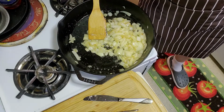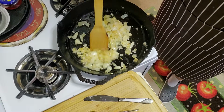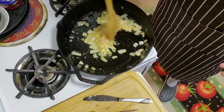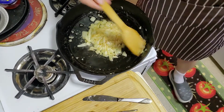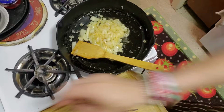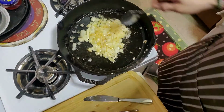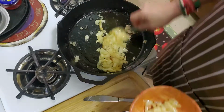Okay? So stay tuned. So folks, remember that all that onion that I started out with? There was a pan full of onions, right? Look how much onion I got left. Okay, so this is enough for, I'm gonna make three patties, because they're not that big. So I'm gonna make 3 patties. We'll eat one and a half or whatever it is. But this is the onions I ended up with. Look at that. So I'm gonna take these onions out, and I'm gonna set them to the side for later when I put my patty melt together. So let's scoop this up, put it in here, and in the same oniony flavor oil, I'm